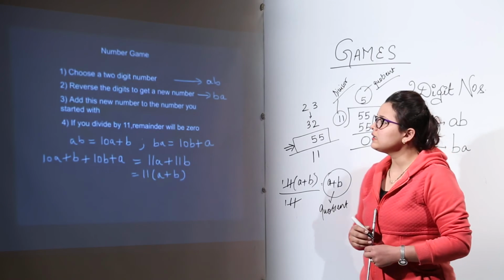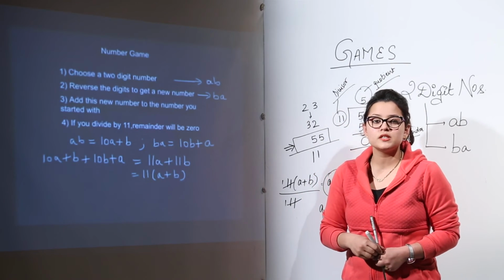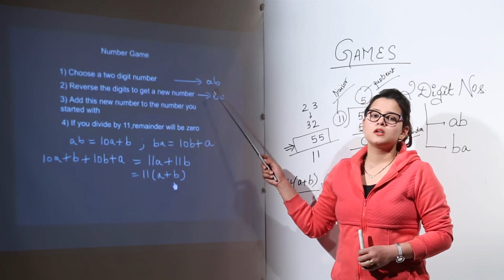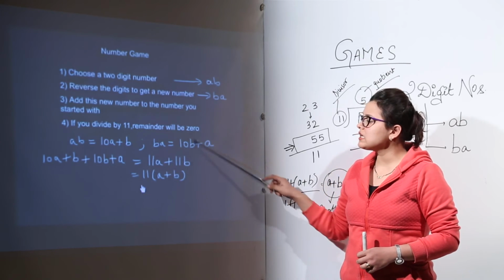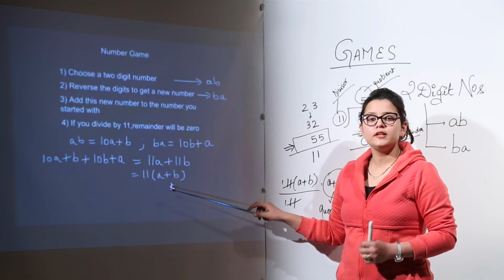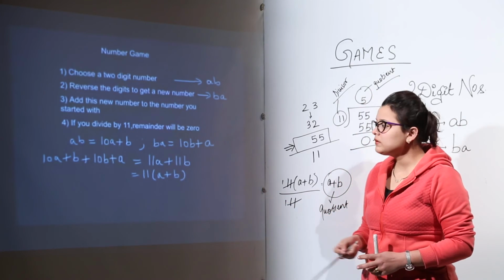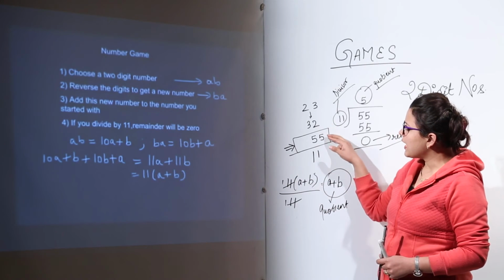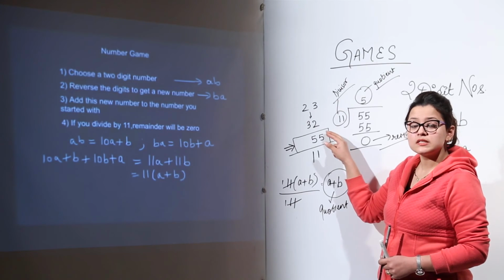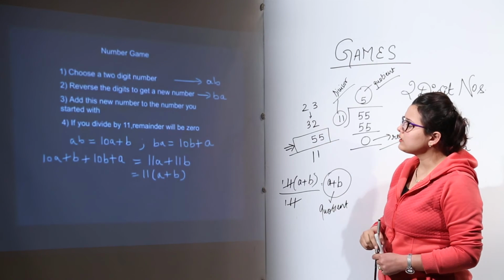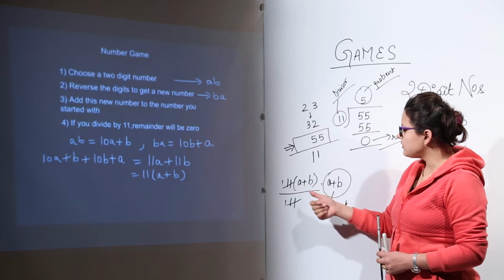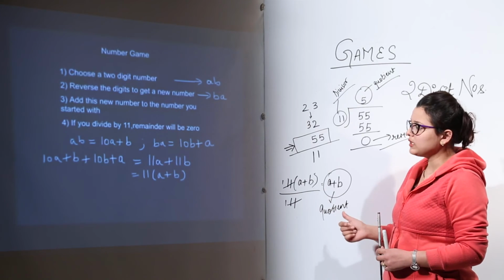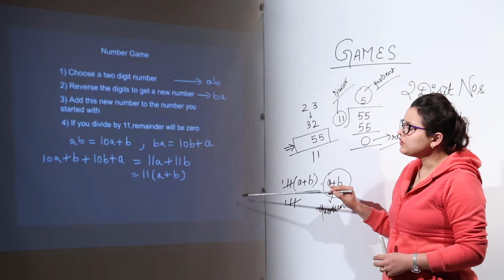This is true for any number. Why? Because we have taken the general form representation. So if the general form is giving us this result, that means any two numbers taken up as example would give us the same result all the time, right? Any two-digit number would give us this result. That means taking a two-digit number, doing its reverse, adding them both, dividing that sum with 11, you are always going to get a remainder 0, right? Because here we are only left with the quotient, that is A plus B, and the remainder is coming out to be 0 only. So that means this is true for any two-digit number.